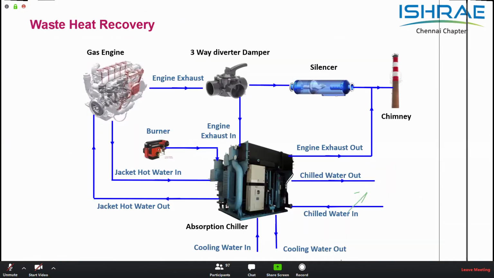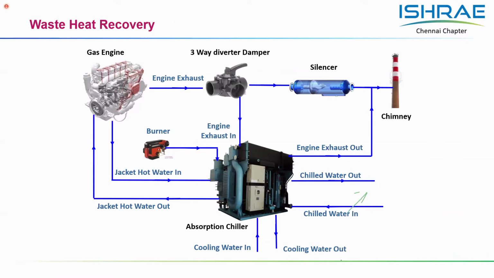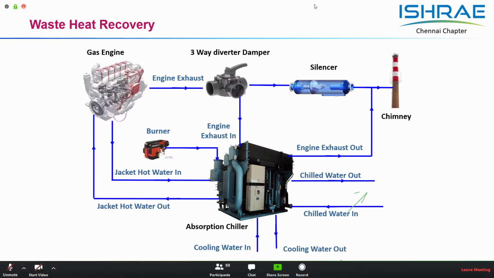Okay, so this is what an engine-based heat recovery system would look like. You have the engine, and a three-way diverter valve to control the flue gas into the chiller or out of the chiller. We can make use of the engine jacket water, and there can be a provision given to fire natural gas, so that when the engine is not in operation, or the exhaust gas or jacket water are less in heat value due to part load engine operation, we can still achieve the full heating or cooling requirement by firing natural gas. So this is what the system looks like.